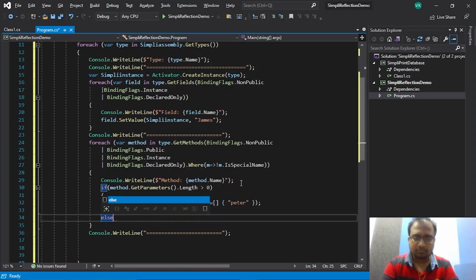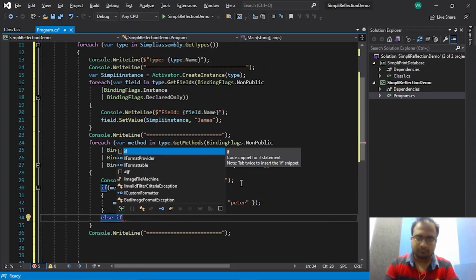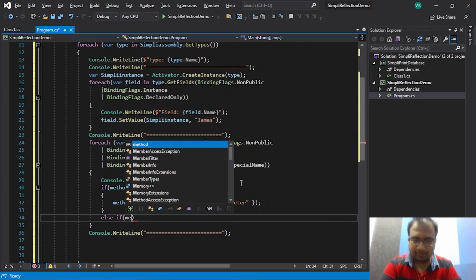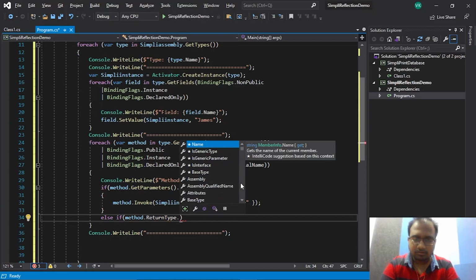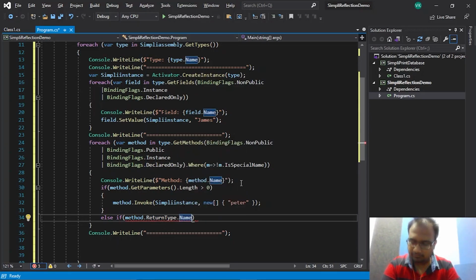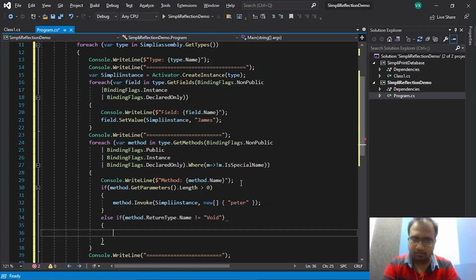Else if method.ReturnType.Name is not equal to void,